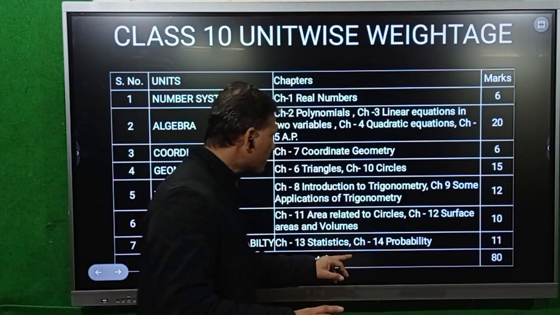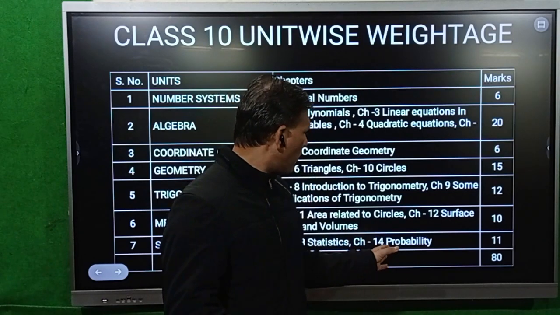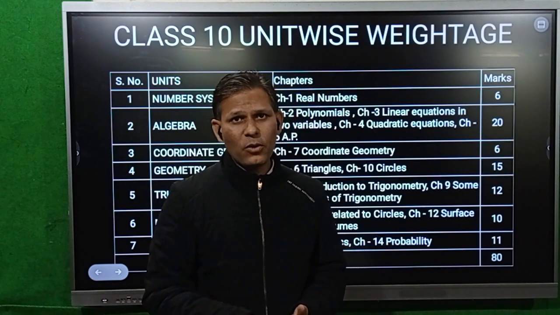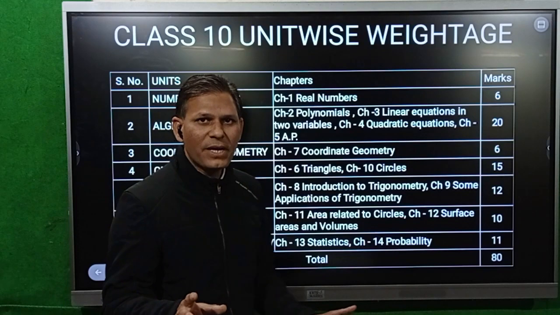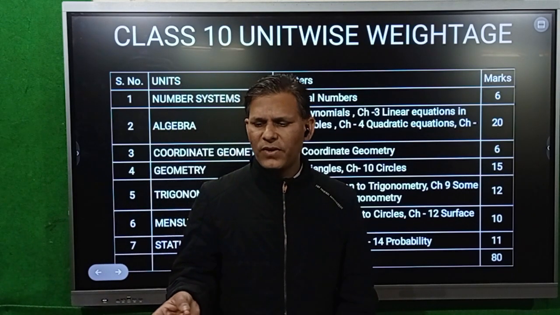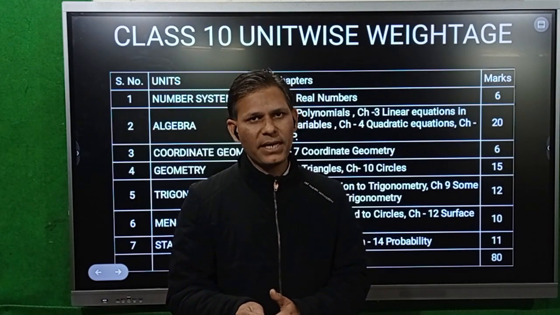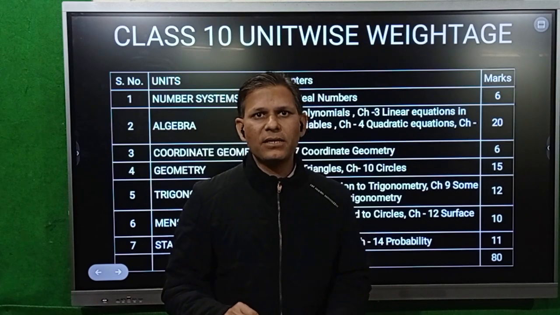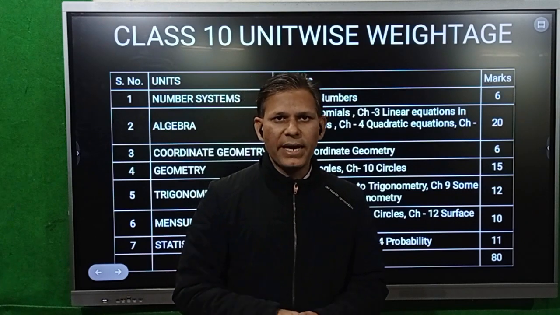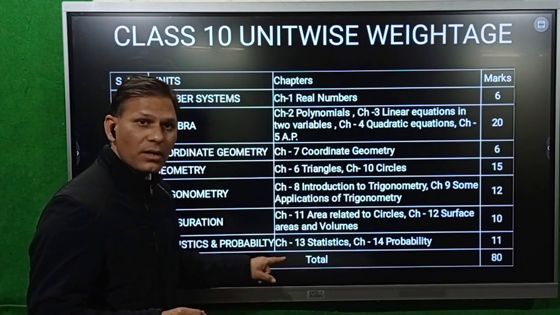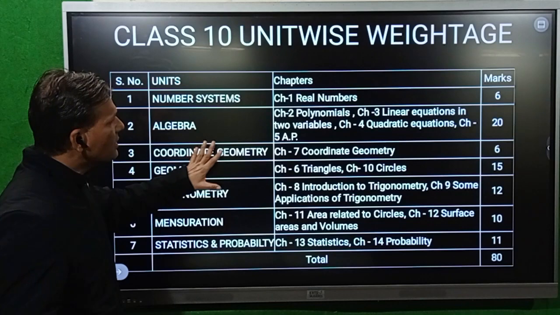Now the second is probability. In probability, many concepts are there, but you follow only a single formula for solving your questions: favorable outcomes upon total number of outcomes. And you have to cover some special examples for probability. First is colored balls, second is numbers, third is dice, both double dice and single dice questions, and then 2 coins and 3 coins based questions. Okay, so now we have covered these 7 units in this paper.